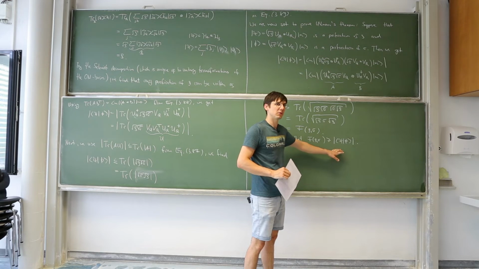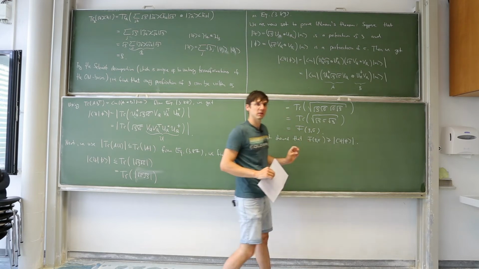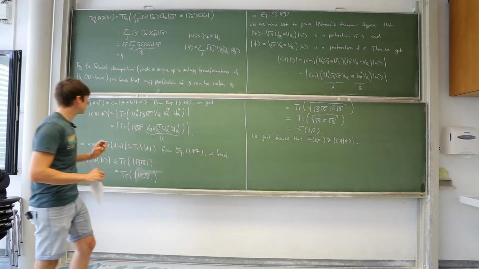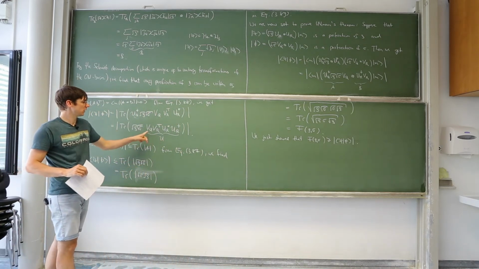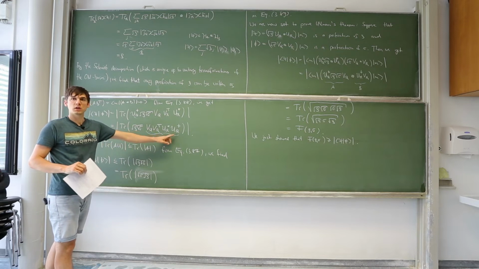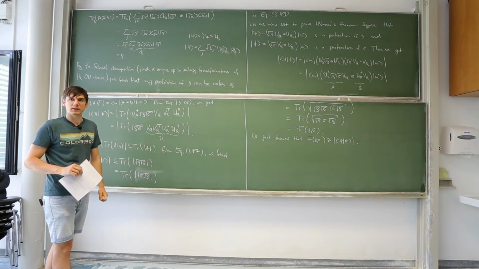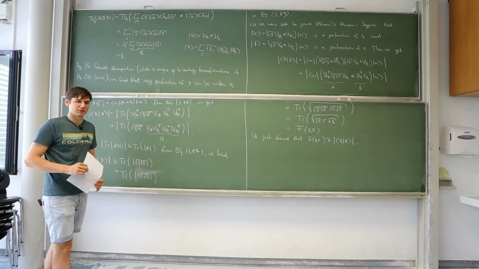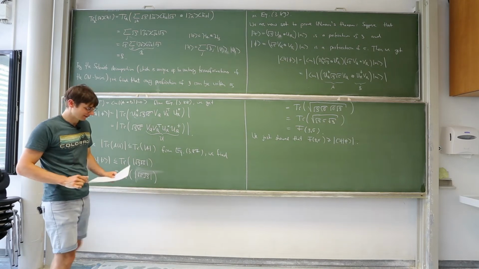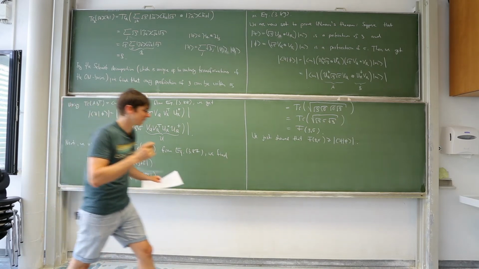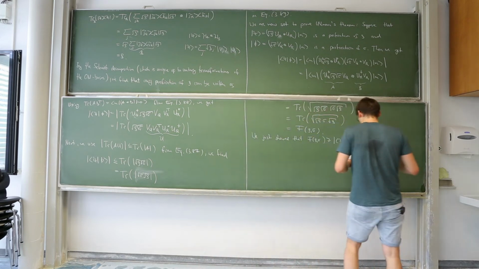And for this, remember what freedom we have. Okay? The freedom we have is choosing those unitaries. Those 4 unitaries that we combined here into U. So we had the unitaries VQ, VR, UR, and UQ. And we can now choose those unitaries and hope that we get the equality. Okay? But of course, we have to choose wisely. So for this, consider the following